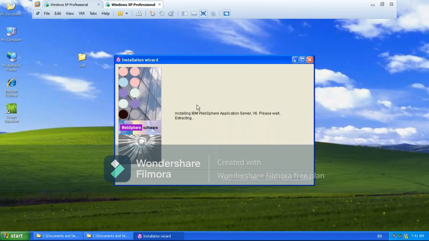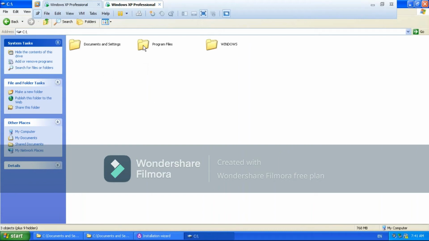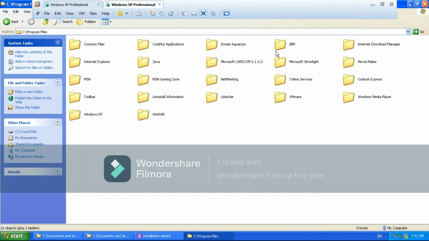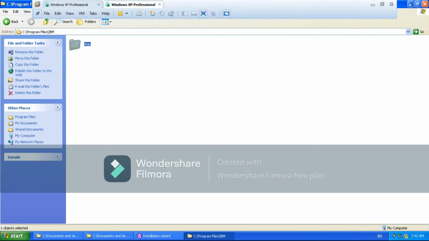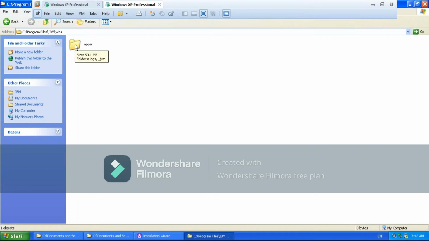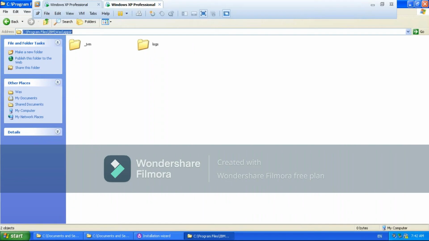Now, meanwhile the installation has started in the GUI, let us go to the path where we gave the WAS home. Go to C, Program Files, IBM, WAS. We gave the name as WAS, but generally it's going to be WebSphere AppServer. Generally, we give the name as AppServer. What do we call this path? This is the path. We call it the WAS home, installation root, or installation home. Any name will be okay, but generally we call it WAS home.